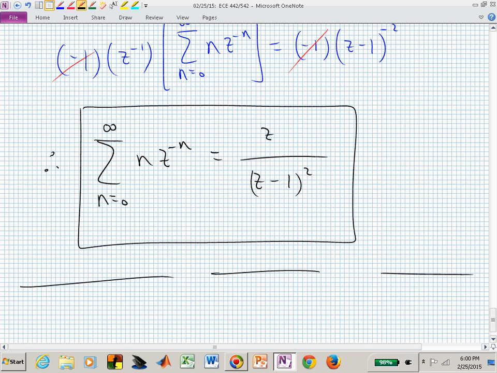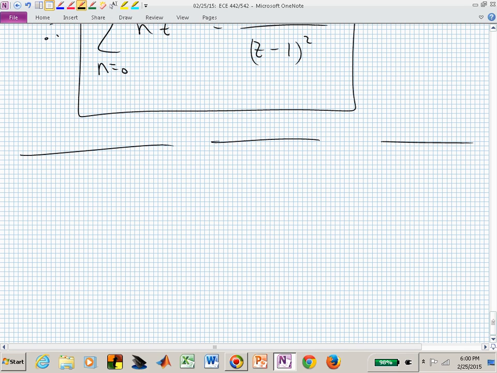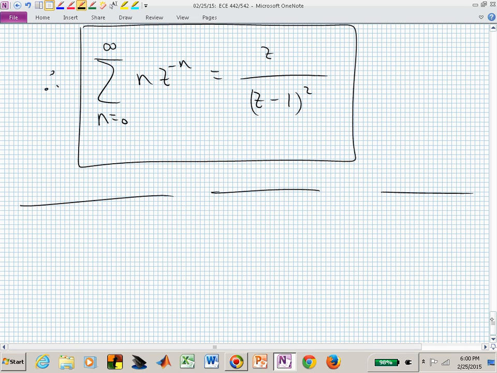So that's just a piece of the puzzle. Now what I want to do is find the zero order hold equivalent of the integrator, which is now 1 minus z to the minus 1, z transform of k over s squared,